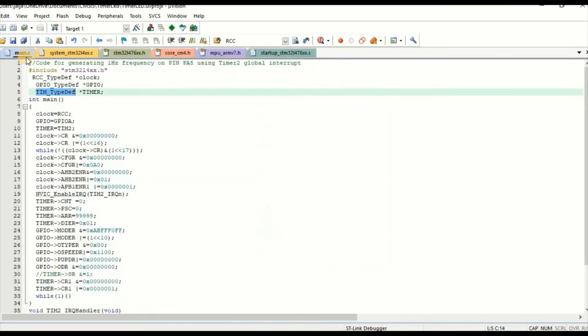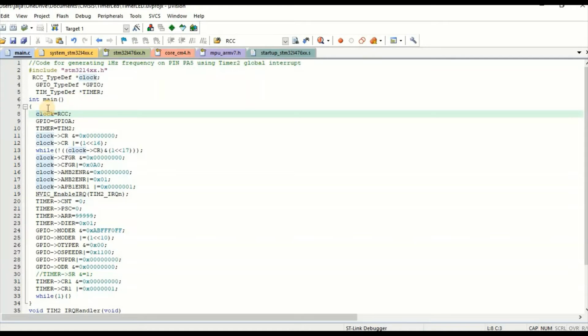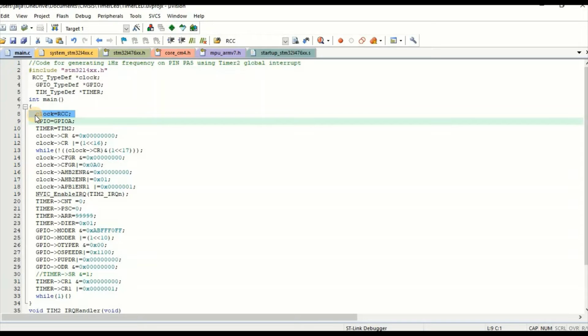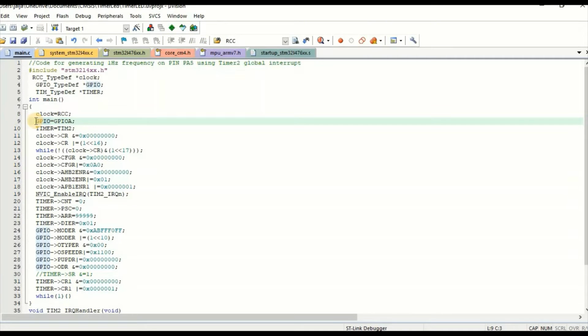Let's go to our code again. So now we have created a pointer to RCC registers of name clock. I will be assigning the address of RCC to the clock. So clock, after this statement, will have the RCC's address, and the GPIO will have the address of GPIO A port after this statement.